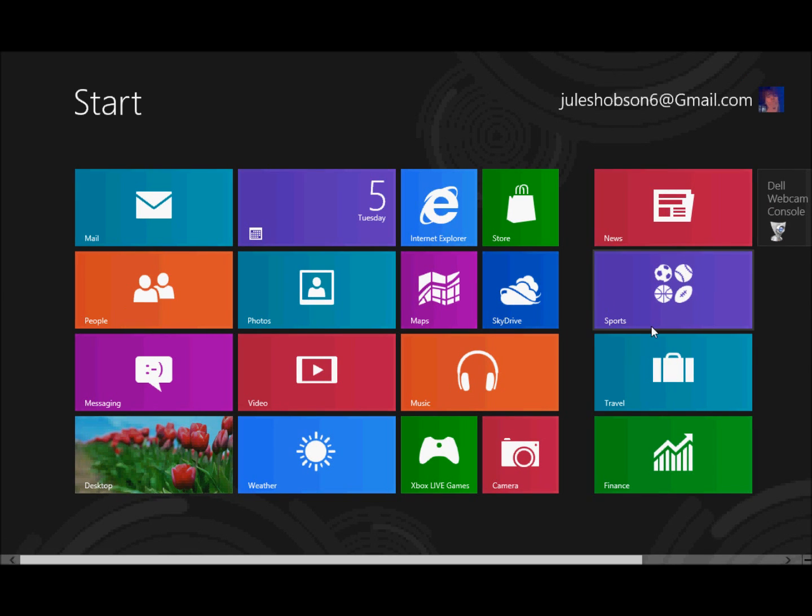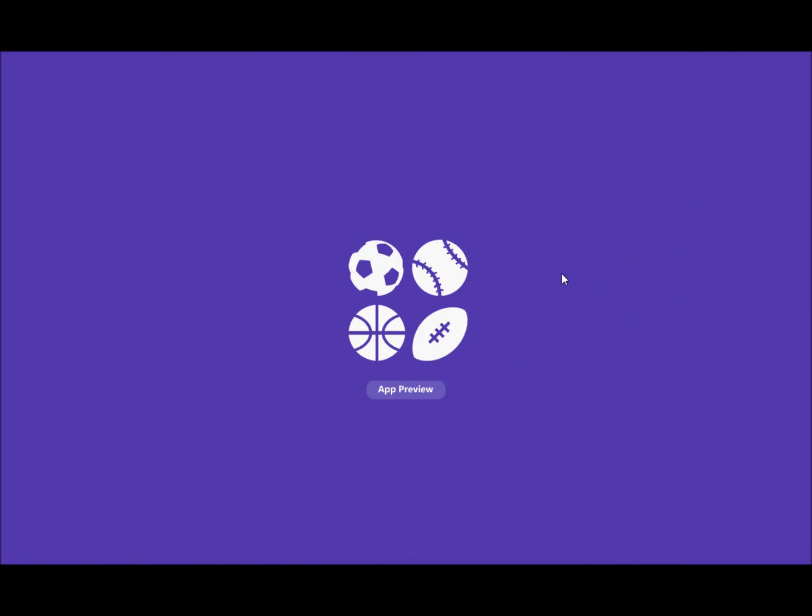This is something they have added in the release preview. I think there was a finance app in the consumer preview, but now there's a sports thing, which I did have a quick look at, and it looks actually really cool. I think it's provided by ESPN, and it's a look at just the latest sports updates. I'm hoping that it will be region based, so if you're in America, you'll get all your NFL. If you're in Australia, you'll get AFL. If you're in England, you'll get EPL, but hopefully you can get all of these where you are, not just individual sports. And it's run, alright, so this is Bing Sport,